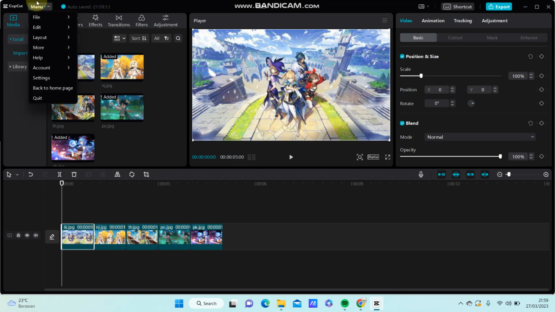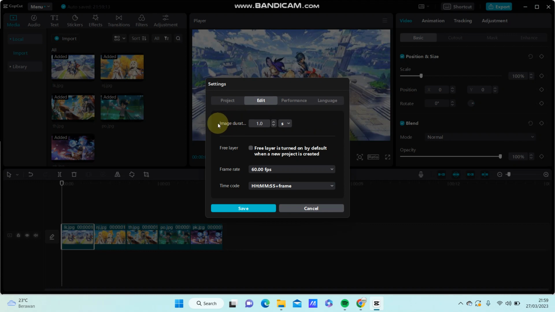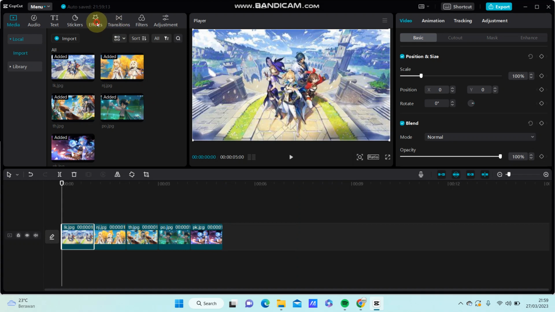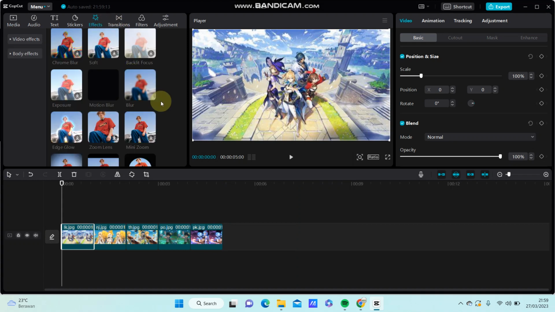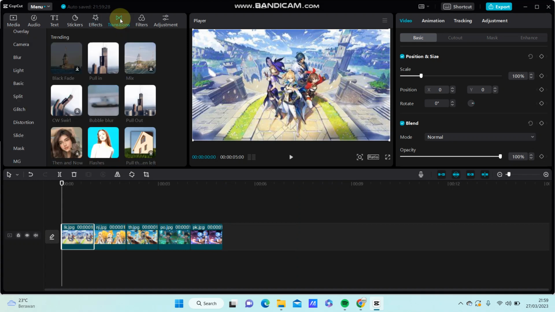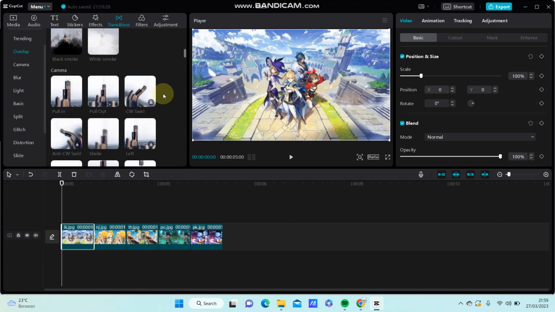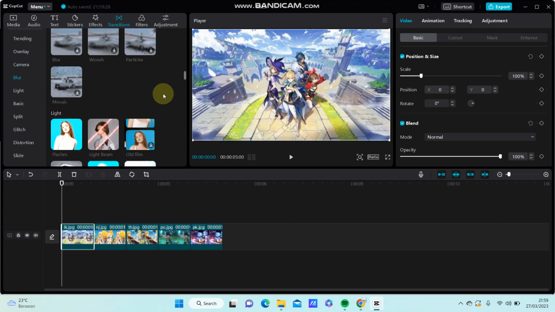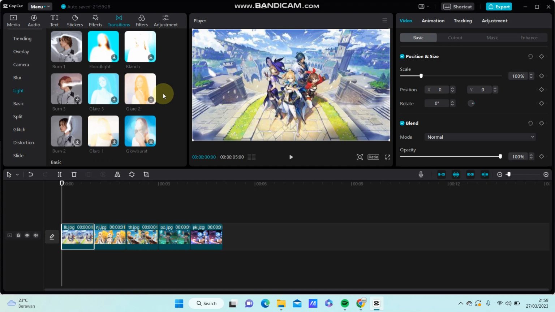So you can select menu, settings, and select edit and set the image duration to 1.0 second. Just click save. Go to effect, go to transition, and look for the open vertical and horizontal